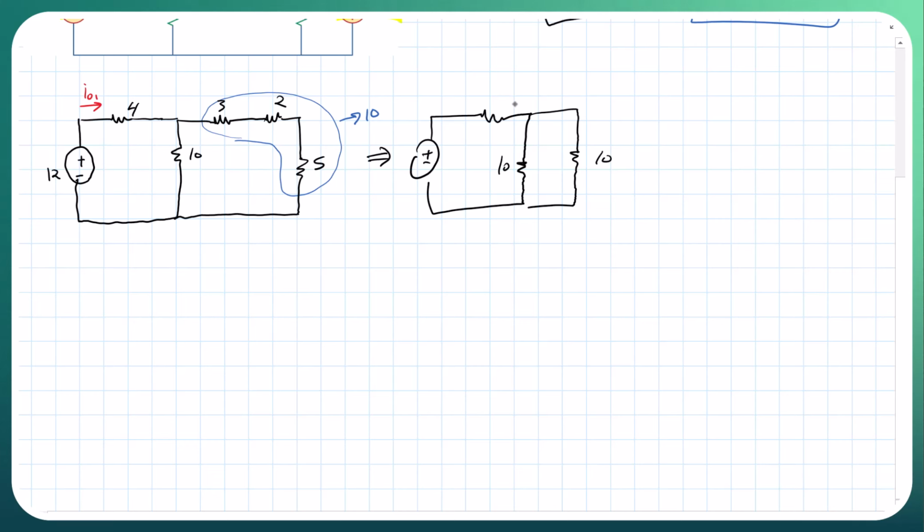10, this is 10, this is 4, and of course immediately you see that these two are in parallel, okay, and we can do the equivalent, which is 10 times 10 over 10 plus 10, which gives us 5 ohms. Okay, so now we have 5 ohms in series with 4 ohms, and technically our circuit can be even further simplified to